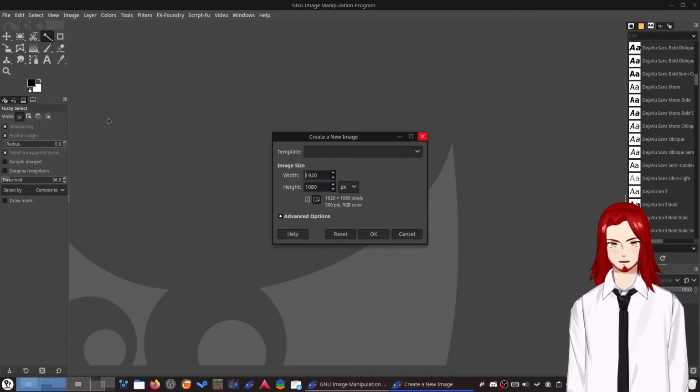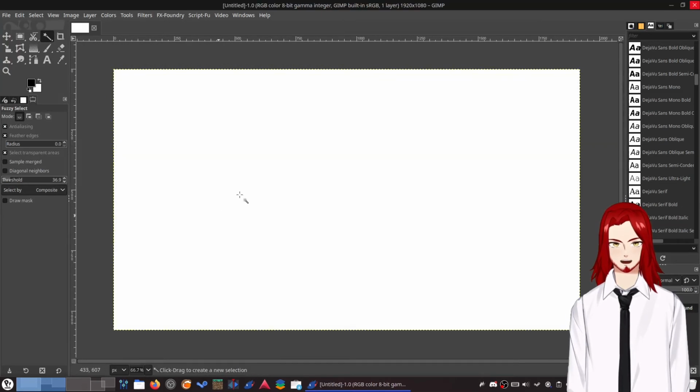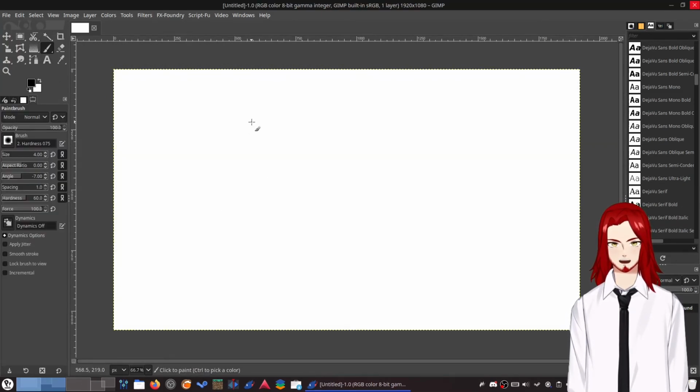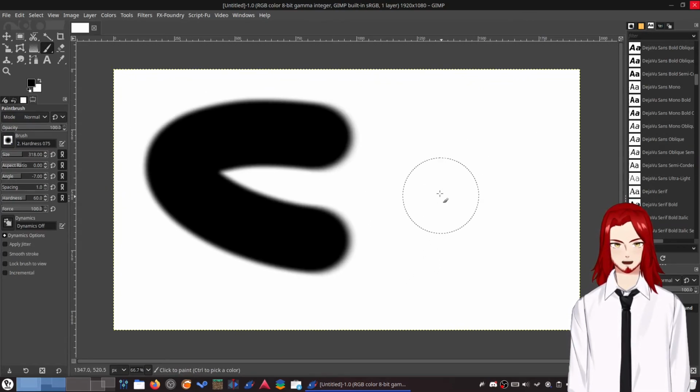So I'm just going to create new. I've got it preset to 1080p. There we are. And you can take a paint tool and you can just set your brush size. You can draw and oh God,